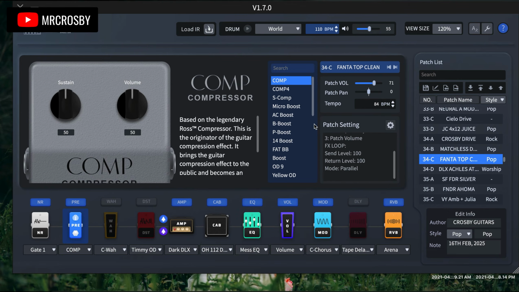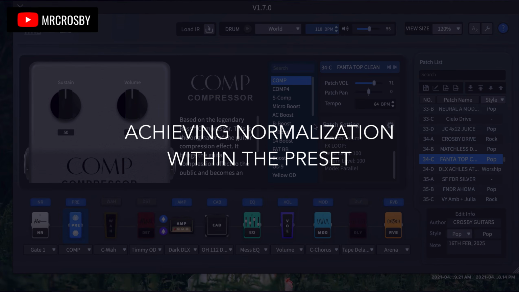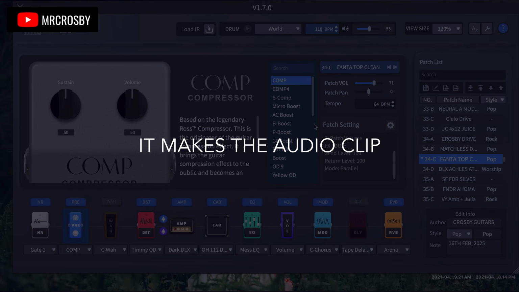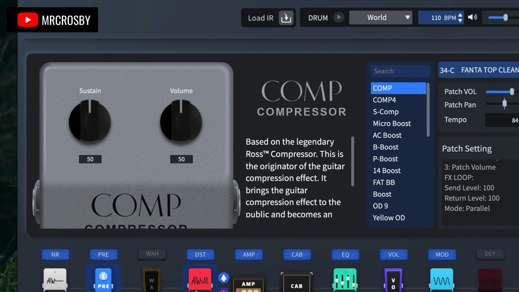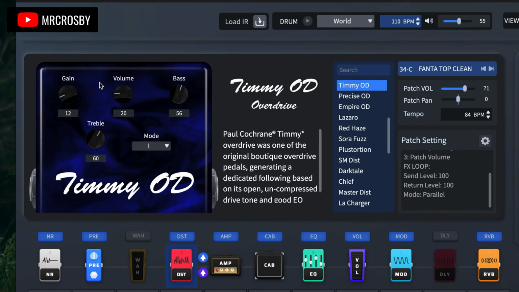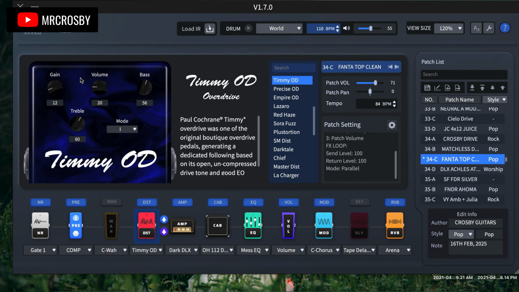Now let's look at how we are going to achieve normalization within the preset itself. There have been cases where, when you add a particular pedal, the volume shoots up insanely. So in a situation like this, you can either reduce the gain or the volume for the pedal that you are trying to add. So I'll put mine at 12, my gain at 12. Now when I turn it off,